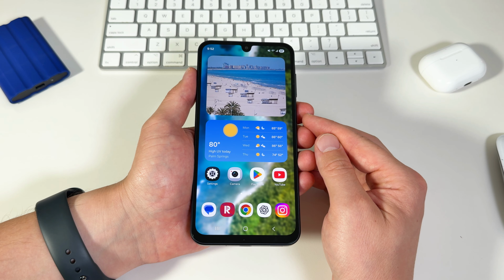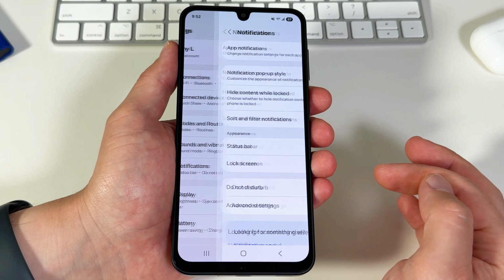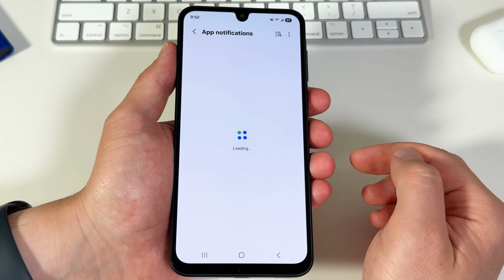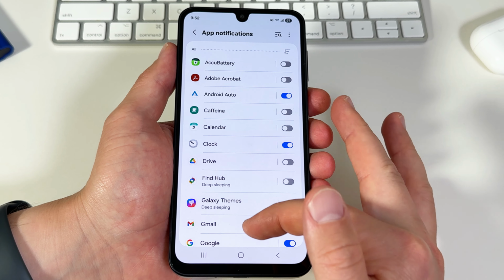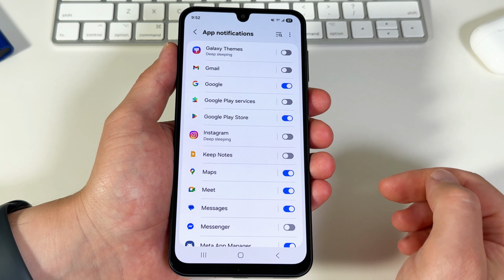To stop a specific app from sending you notifications, we'll go to Settings and scroll down to Notifications. From here, we'll go to App Notifications, and you'll see a list of all your apps with a toggle next to them, indicating which apps are allowed to push out notifications. The quick way to disable notifications is to simply turn that toggle off for every app you don't want to